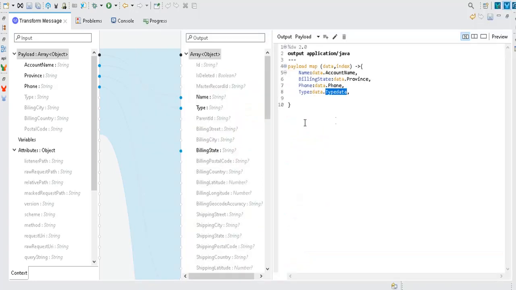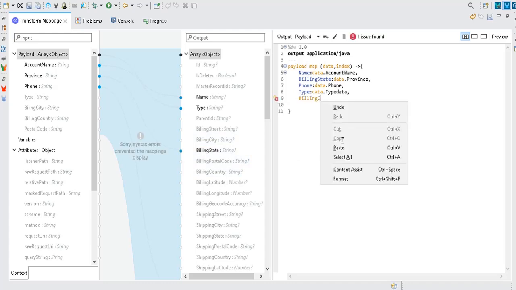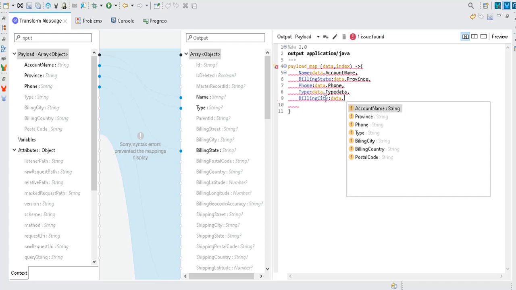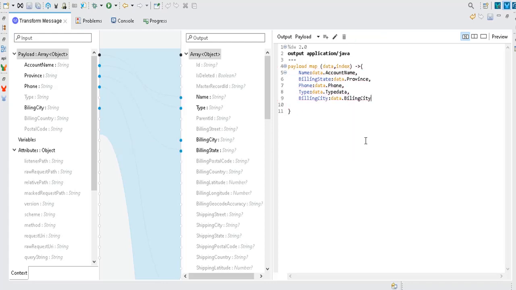Okay, don't forget that. And we have billing city, billing country, postal code. Let's map them as well. So billing city, data dot billing city, billing country, data dot billing country, our example billing country.